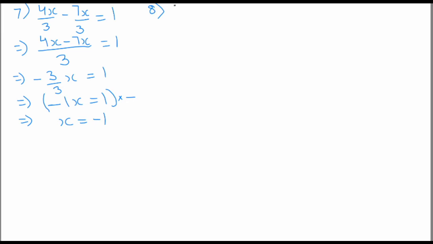Coming to the 8th question, 1 by 2m plus 3 by 4m minus m equals 2.5. It means, first of all, we'll find the common denominator of these. So these 3 LCM will be 4. You can find it out in the rough. I know, so I'm writing it directly. So check what should be multiplied. 2 twos are 4, 4 ones are 4,